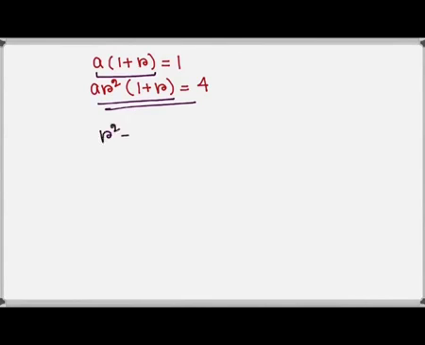R square is equal to 4. That means R is equal to plus or minus 2. Now, therefore we get A, which is equal to 1 by 1 plus R. We could write 1 plus R in the denominator, as R is not equal to minus 1. So the value of A is equal to